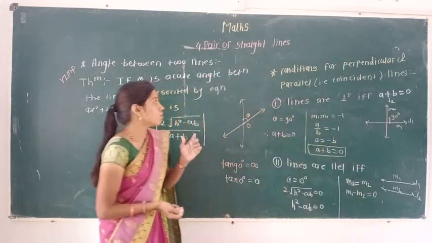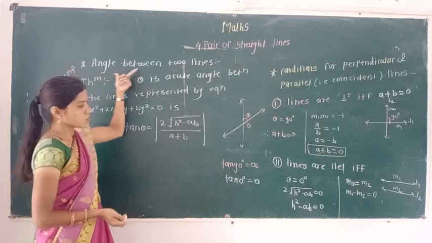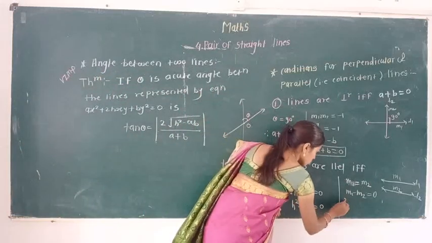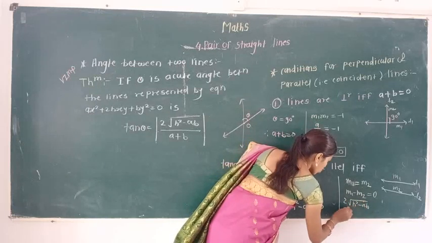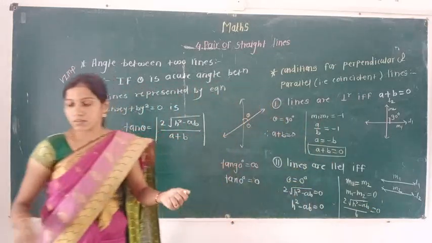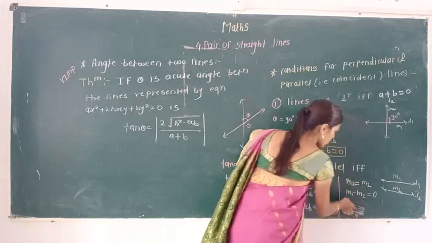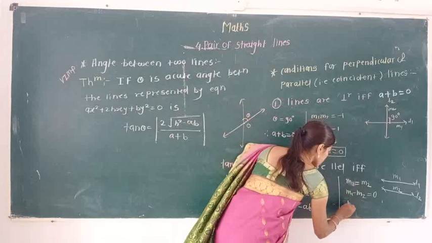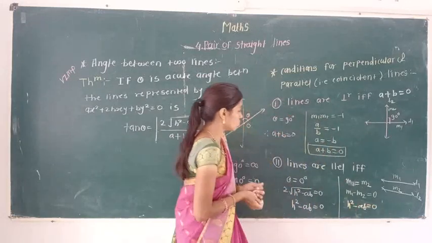And to prove this theorem, we have to find the value of m1 minus m2, which is 2 root h square minus ab whole term divided by b, is equal to 0. Okay, after simplifying this condition, we get h square minus ab is equal to 0. Okay, now see the line